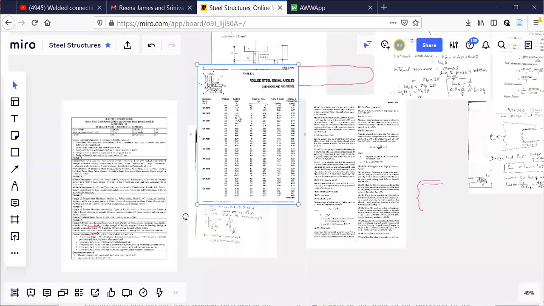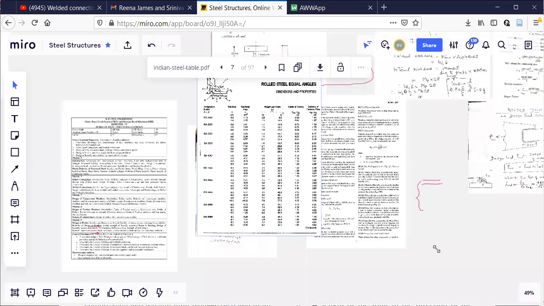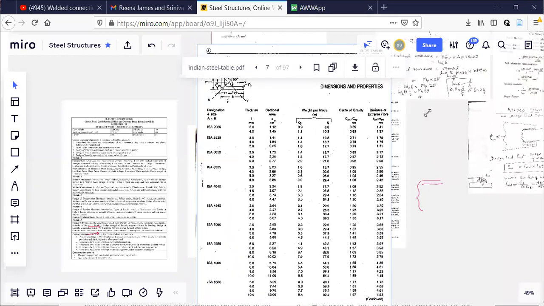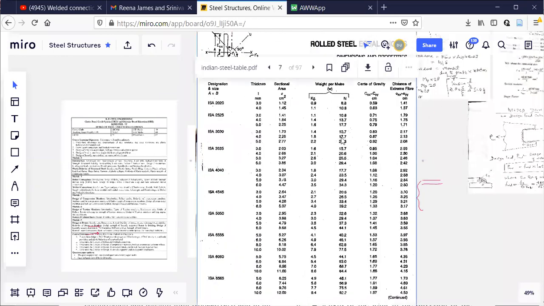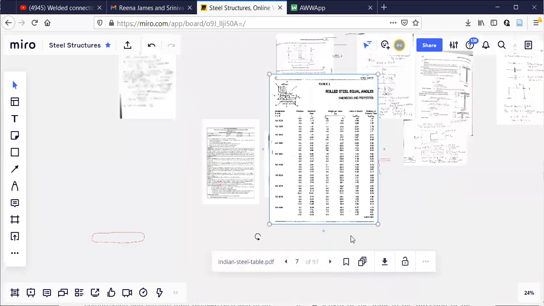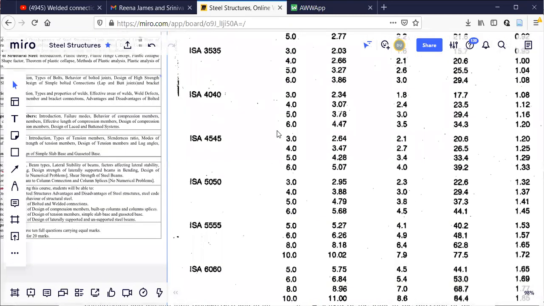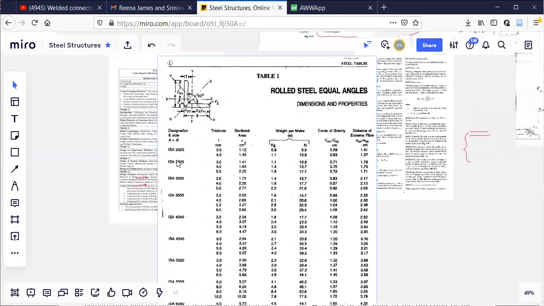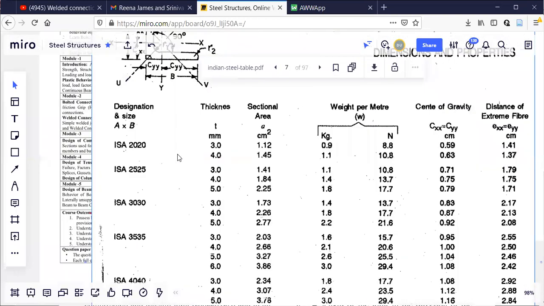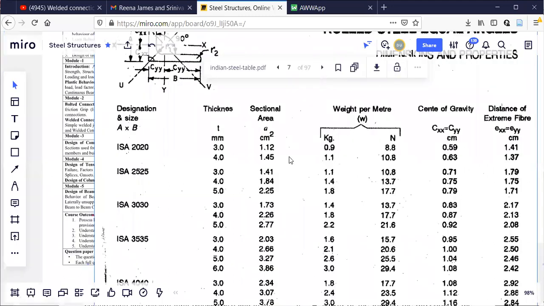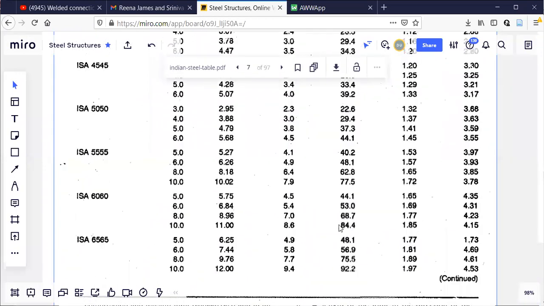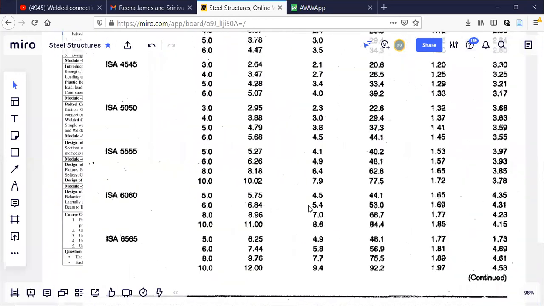Few columns are missing from this presentation. Up to distance from extreme fiber, I'm able to see here. Before that, I'll just tell you what it is. This is an angle section here. Page number 7 of this, but it will not show here. Anyway, you can see this here.